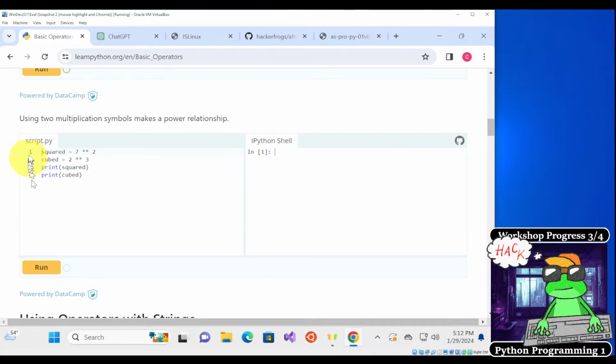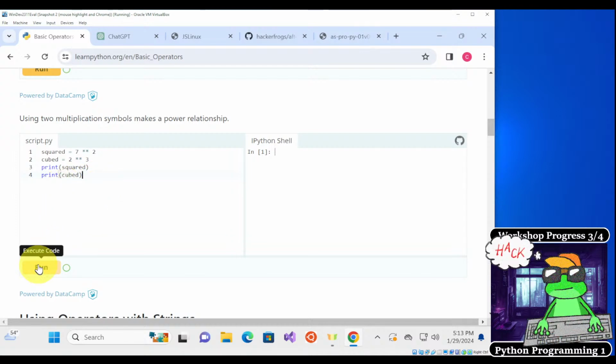All right, next, using 2 multiplication symbols makes a power relationship. So if we want to get the square of something, we have to use this symbol right here, which represents exponentiation, and then the exponent number is this. So it's 7 to the power of 2, and this is 2 to the power of 3.